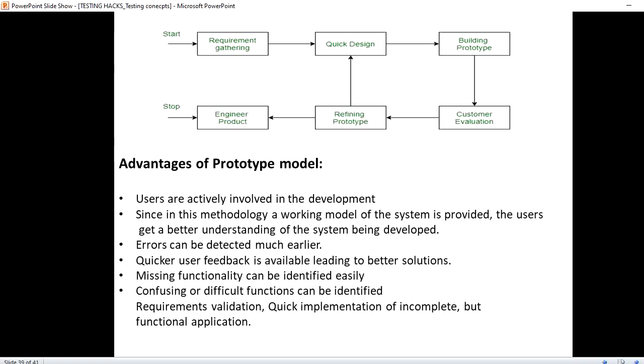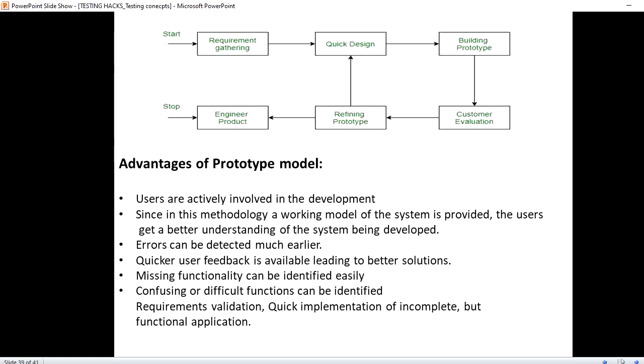Since in this methodology a working model of the system is provided, users get a better understanding of the system being developed. As we have already discussed, in the case of large scale systems, we will not have a clear idea of what they are doing. In that case it gives a much better idea.